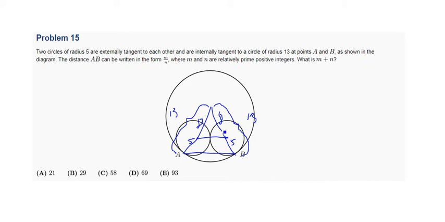And look, now we can just set up a proportion. We love proportions. So let's call this unknown side right here x, and let's call AB y. The problem asks us to find what y is equal to, then we can solve the problem. So we're going to set up the proportion using our similar triangles. This triangle right here is similar to this big triangle right here. So let's set it up. We have 13, the long side of the big triangle, over y, which is this unknown side right here, is equal to